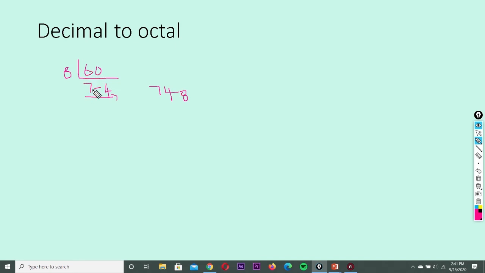That's what I told in the previous example. We have to do the division repeatedly till you get a number lesser than 8. Either it can be 1, 2, 3, 4, 5, 6, 7. It can go up to 7. Here 7 has come, I cannot divide. Suppose even if it is 6, we cannot divide it. So only if it is above 8 can we do the repeated division. So that's all, the process is over. So we'll be getting the answer as 74 base 8. So this is the octal representation.